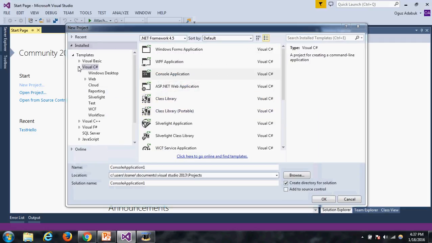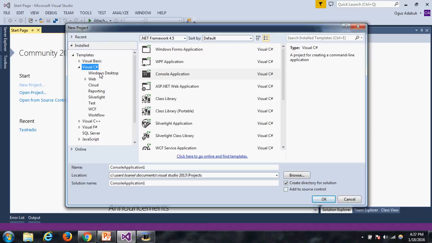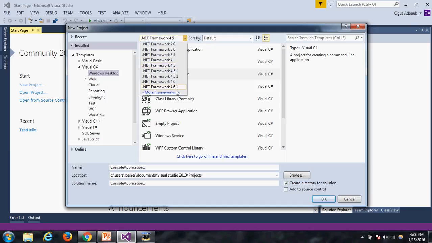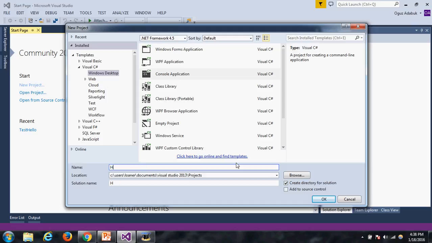Okay, in the template section you can see the different languages you can create projects with, but for this case we're gonna stick with Visual C#, and when you click on Visual C#, click on Windows Desktop. Now here are all the Windows application types. Click on Console Application, make sure your .NET Framework is 4.5, and make sure Create Directory for Solution is checked. Then you can change the name of your application. I'm gonna make it Hello Console,